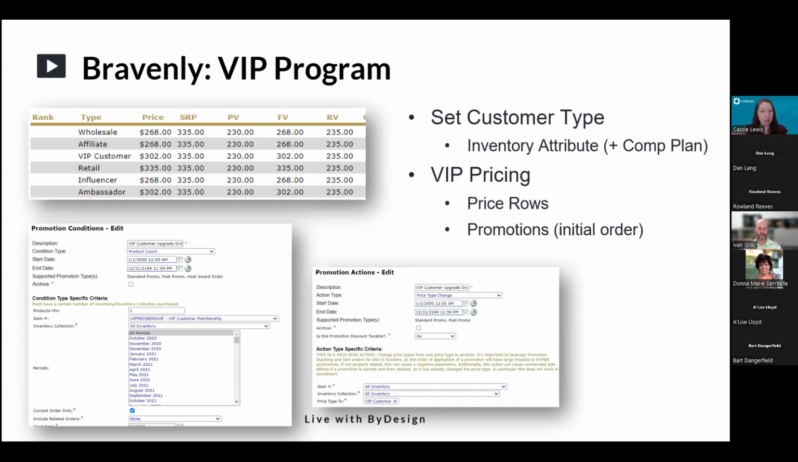And then every subsequent order is handled by the actual customer type. But this was a way to make sure that they didn't have to wait to get their discounts on future orders, that they get it on the initial order as well. And again, it's just a promotion condition and action that allows them to offer that discount on the very first